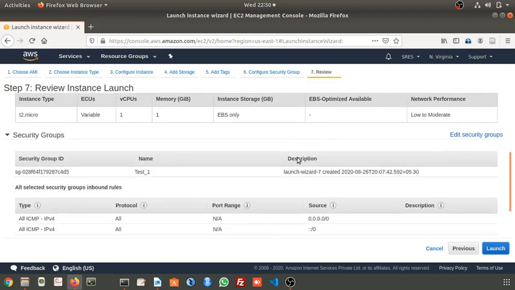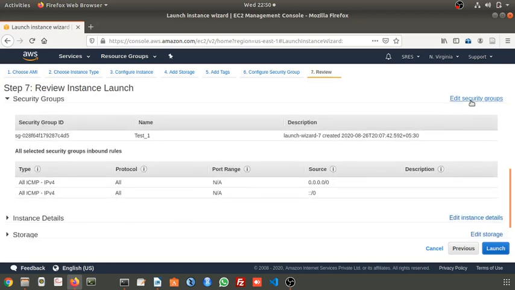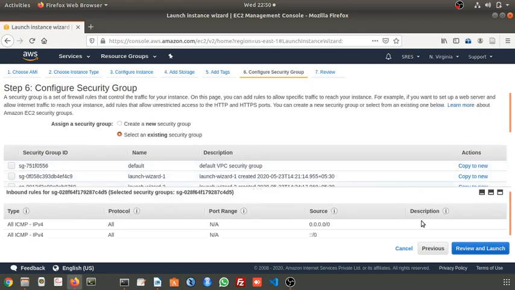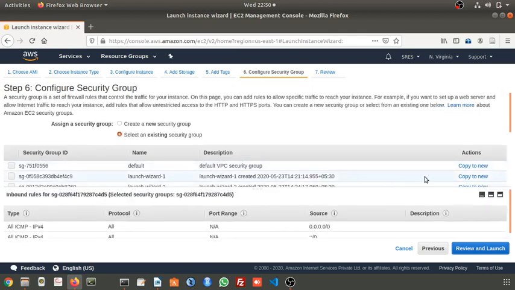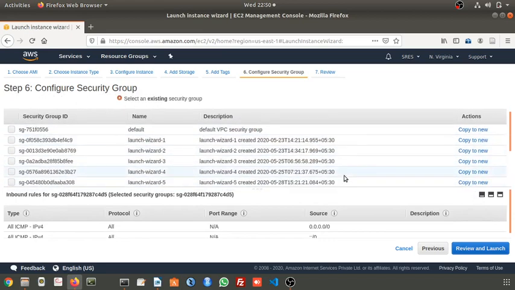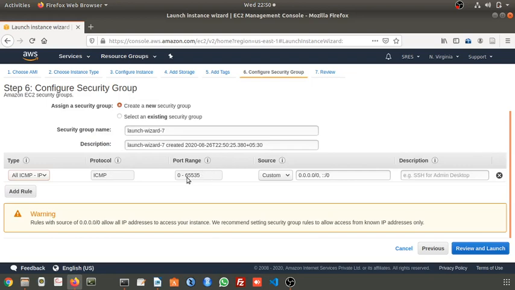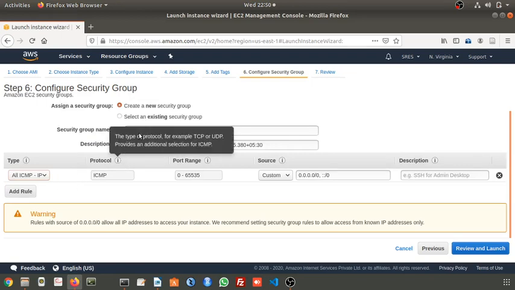So what we have to do, we will edit this security group for this test one. How to edit? Otherwise, we will create a new security group. Let me create.